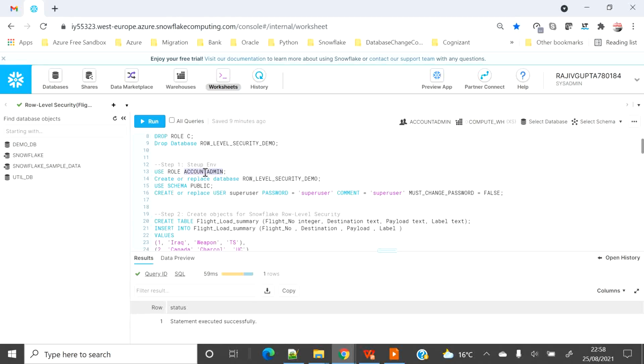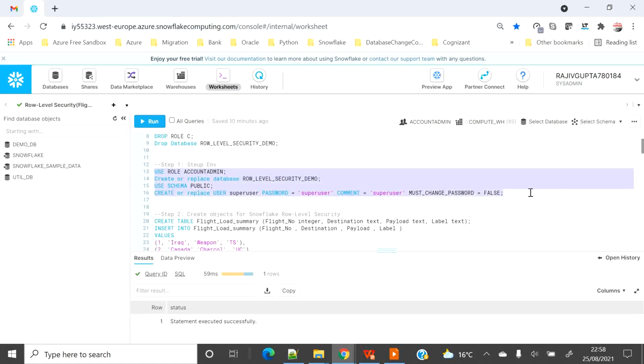I'm going to create all the objects and data inside ACCOUNTADMIN, and I will show you the difference between how ACCOUNTADMIN behaves in case of row level security, and how my current user Rajiv Gupta 780 behaves when I have a controlled role assigned to my user ID, and how it reacts when I have a super user which has more privileges.